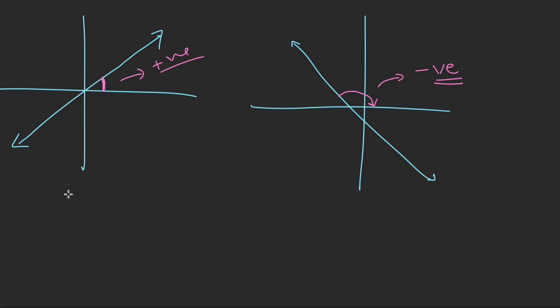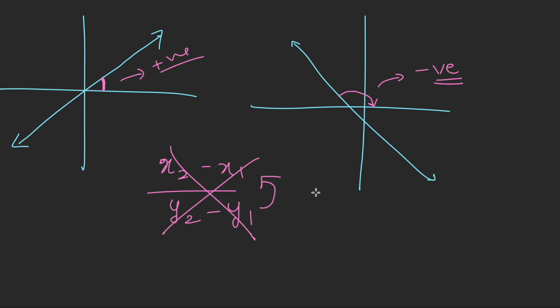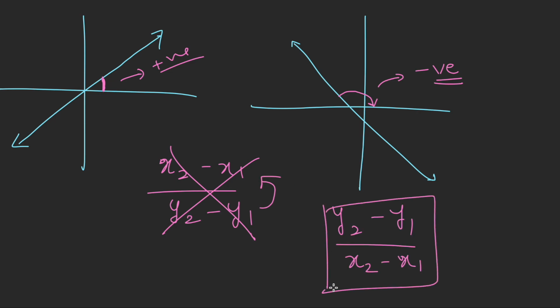Now the biggest mistake that most students make in this topic is that they write the equation of a slope of a line as x2 minus x1 upon y2 minus y1, which is completely wrong. It's the other way around. Now we know how to find the slope of the equation. Now let's look at the other component that we had. If you can recall, the equation of our line was mx plus c, where our m was our gradient. Now our c is something called the y-intercept.